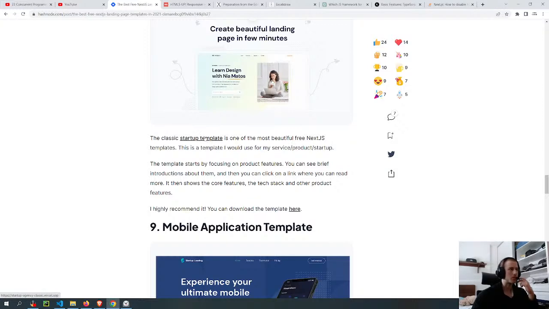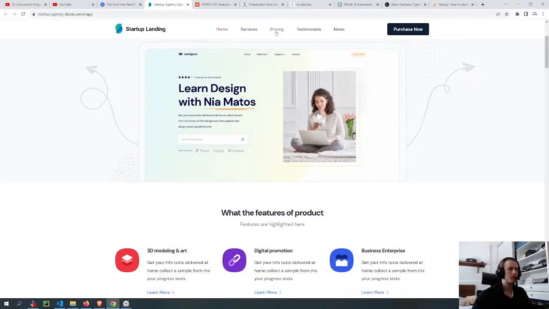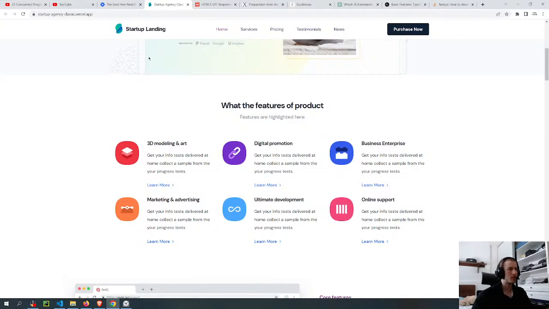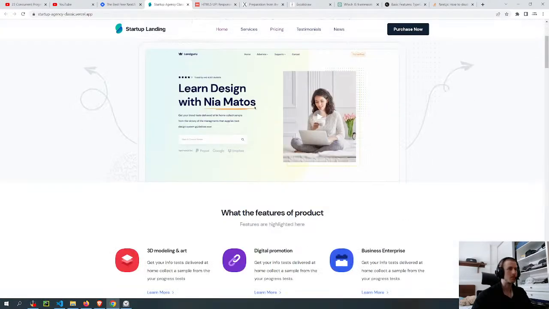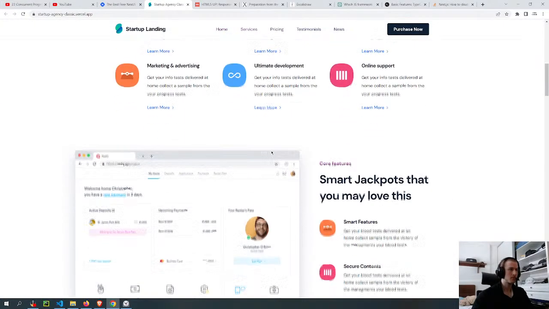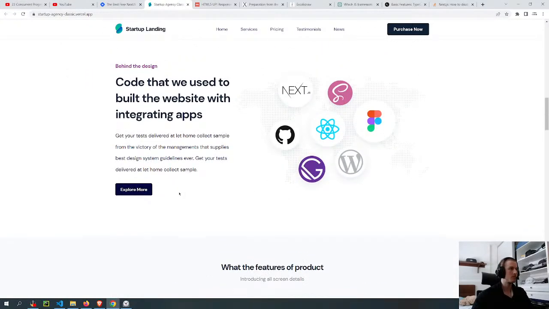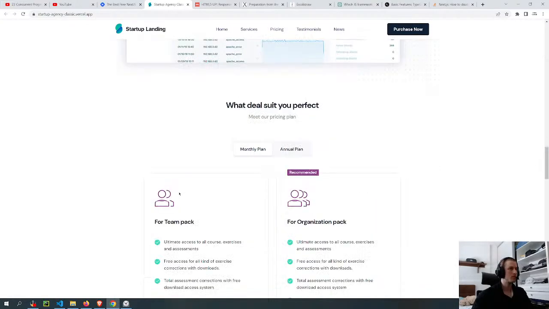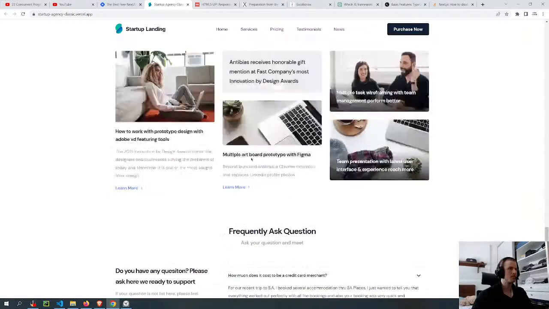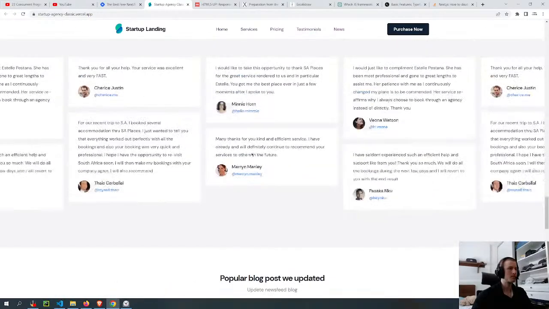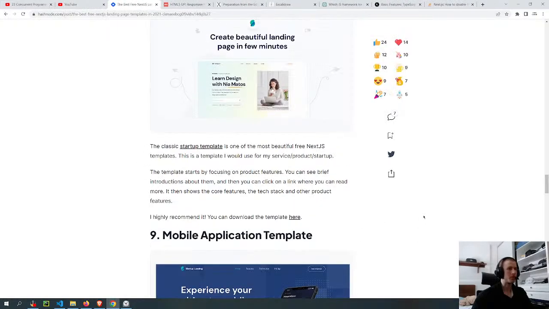I think this one also looks good. This one, I don't think is free. It says that it's free, but it's probably not free, based on this here. Probably some of them are free and then some are paid.